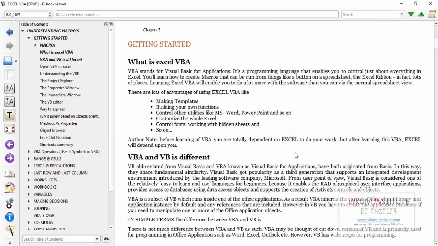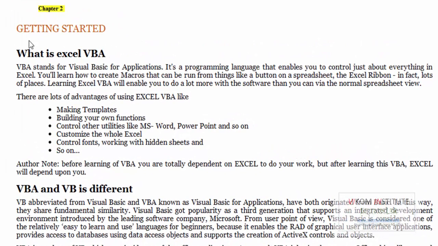some basic cool things. So here's my notes again. So here is chapter 2. Let's start. What is VBA? VBA is just Visual Basic for Applications. It is just a programming language. This is the theory part. We have to deal with why